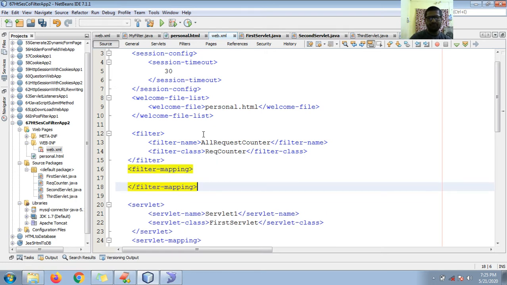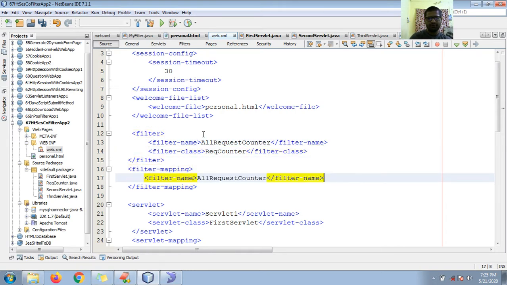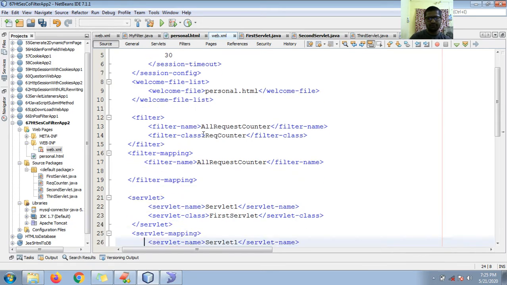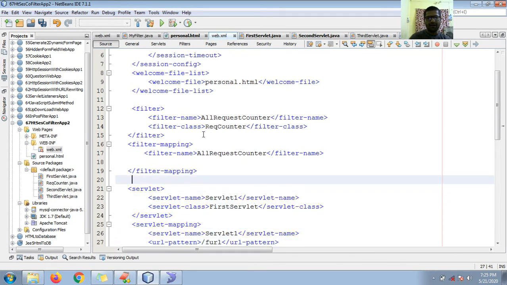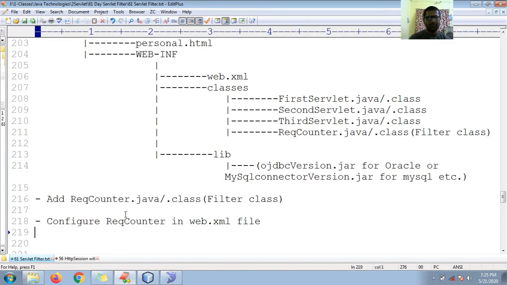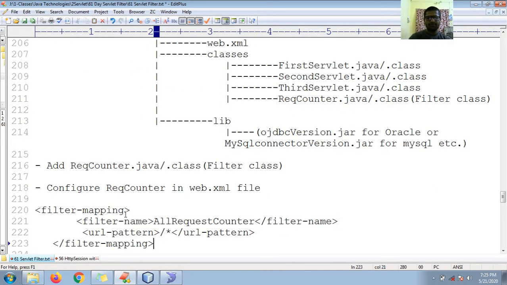Then in the filter mapping, I need the same name. I need to go for the URL pattern, that's it. I want to configure the URL pattern for all, so here I mention star.